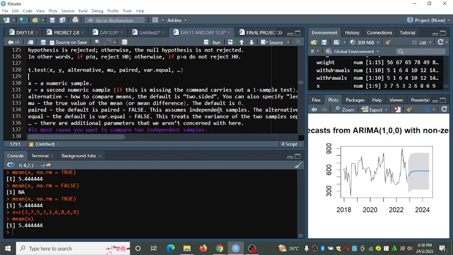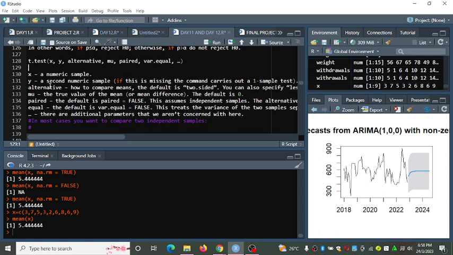So from this point, what is t? In the t-test, the value of x is just a numeric sample, and the value of y is a second numeric sample.